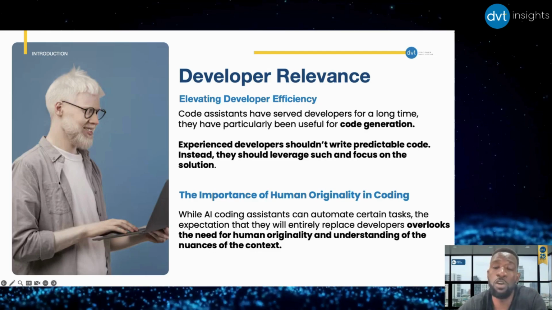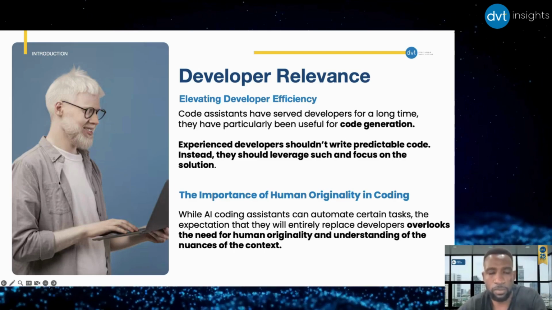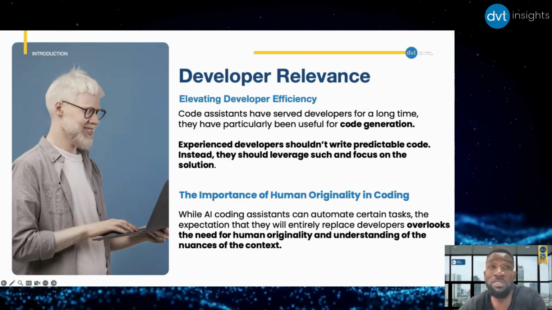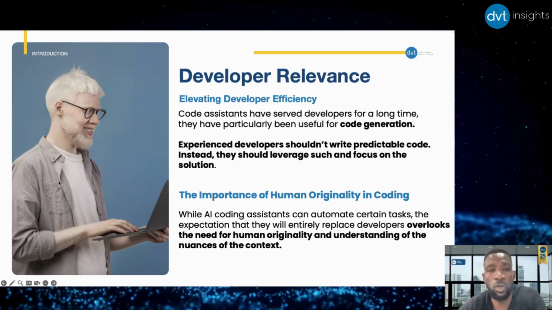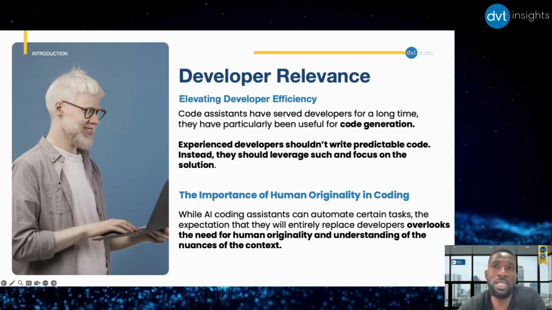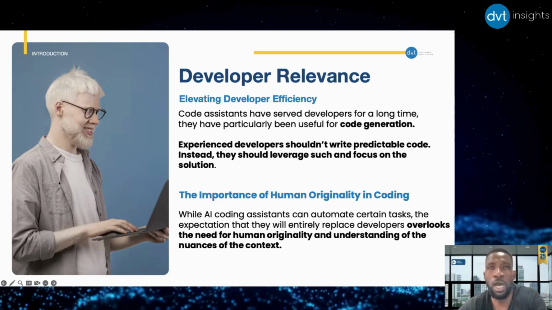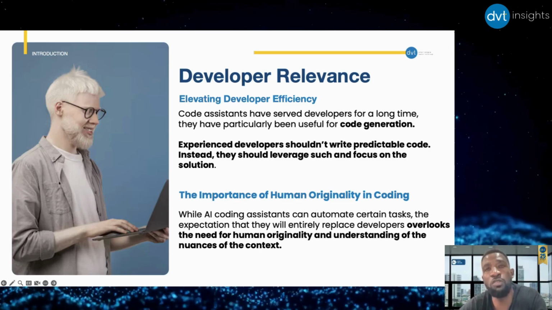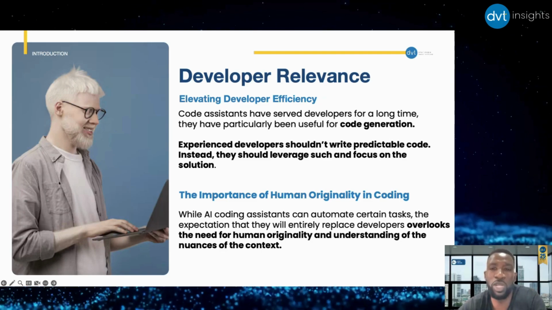Instead, we should leverage search and focus on the solution. That's the one aspect. And the second aspect is, what is originality? You see a piece of result or even an image or picture produced by AI, you can believe that's originality. In fact, originality resides in the understanding of the various nuances and in producing the unpredictable with your own subjective experience. Now, if you look at AI, that factor is not there because you have the training model, which kind of influences and biases the result produced. So the human is still very much relevant.